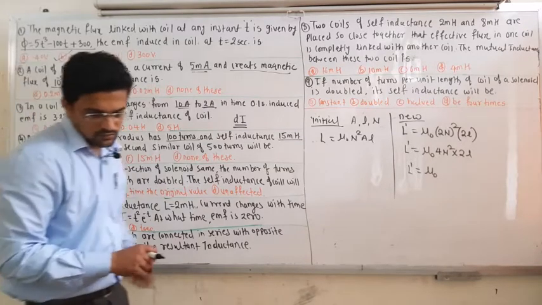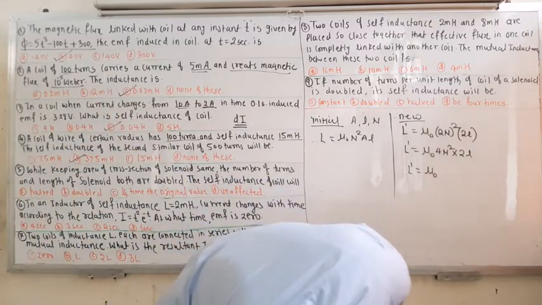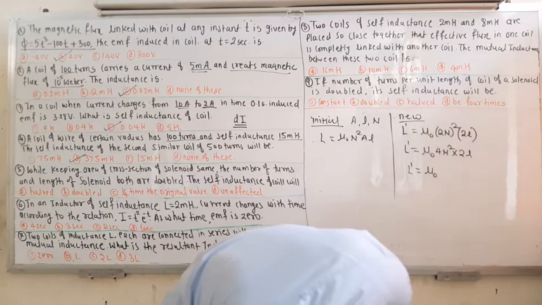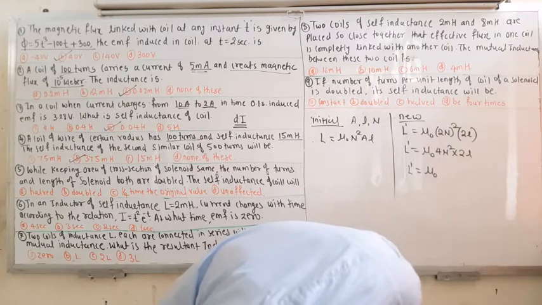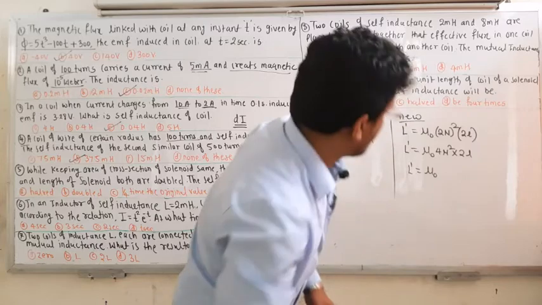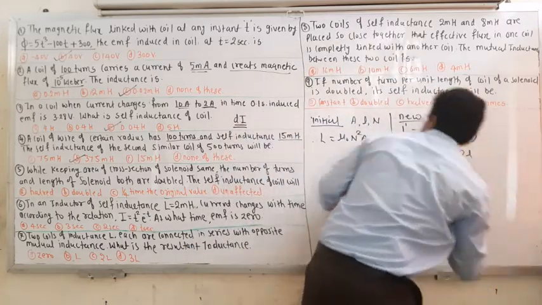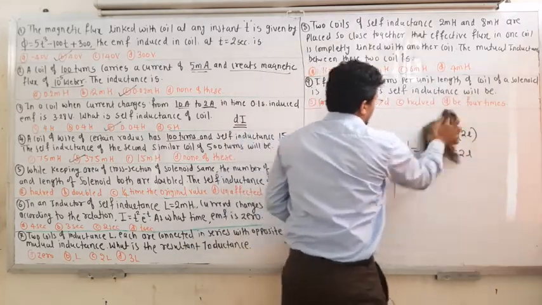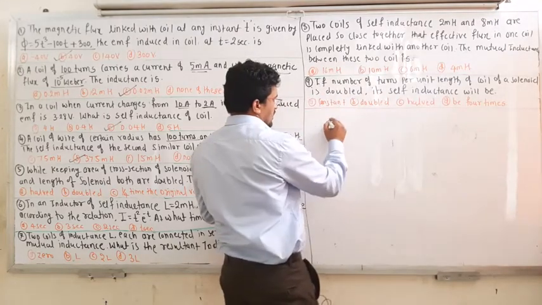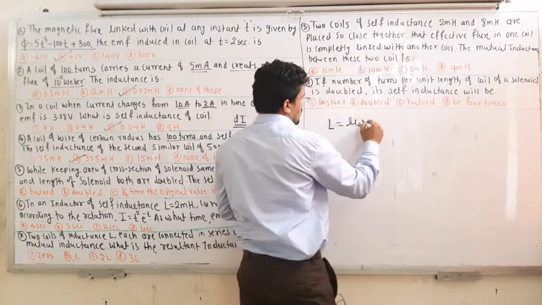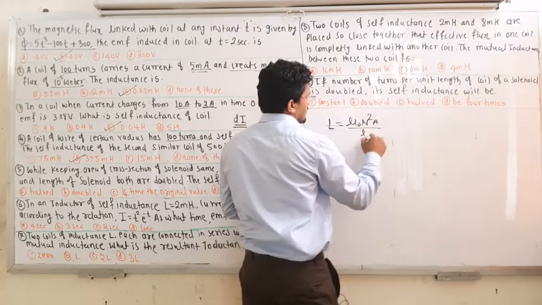Okay, so you have to use another equation, I think, for self inductance. Capital N, I think you have to use capital N. So self inductance, not this equation, n square L. In the previous case also you can make the correction. So actually L is equal to what? Mu naught n square A divided by L itself.